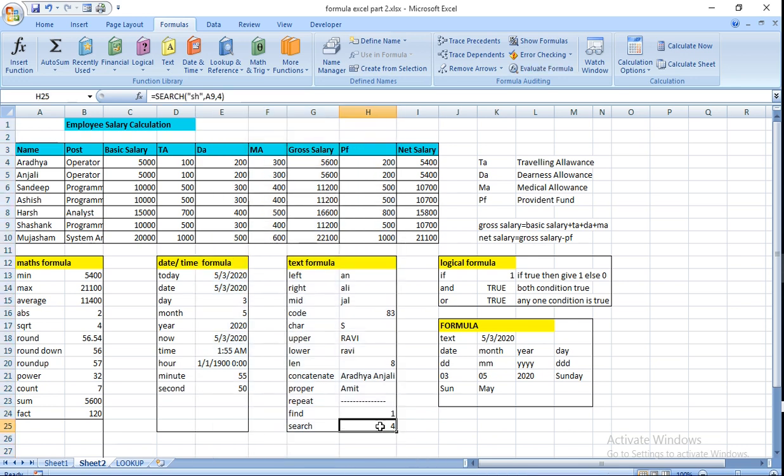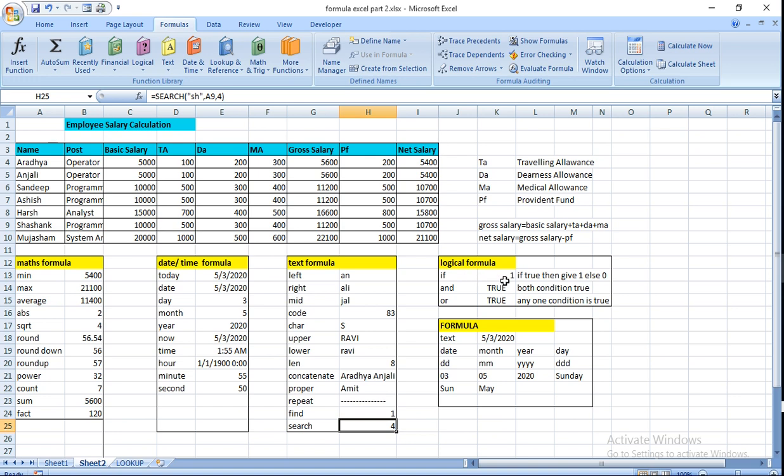Search means you have to find out special characters within the word. In Shashank there is SH. So I have written A9 SH. Find SH from Shashank from the fourth character. So it will start from the fourth character and give the search position 4.